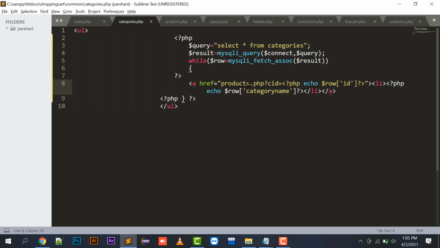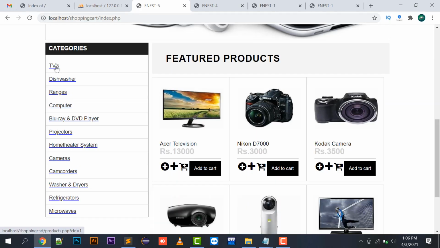So this products.php link will be applicable to all categories, and based upon their category ID, it will generate a query string with that particular ID. So for TV, it's CID equals 1. For dishwasher, it's 2. Then ranges, it's 3.